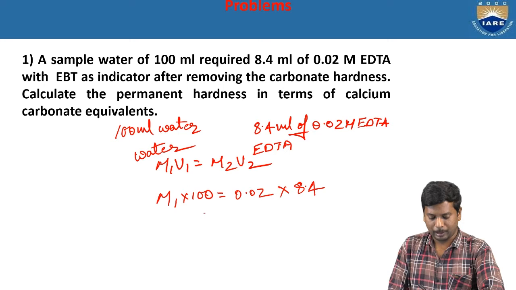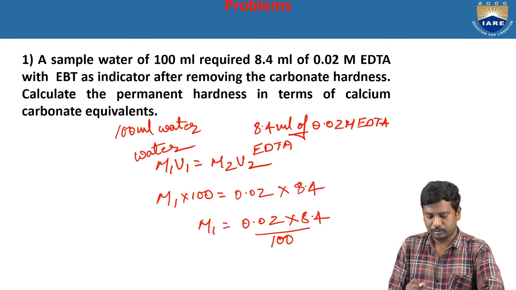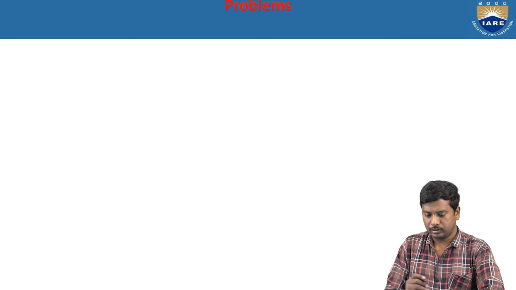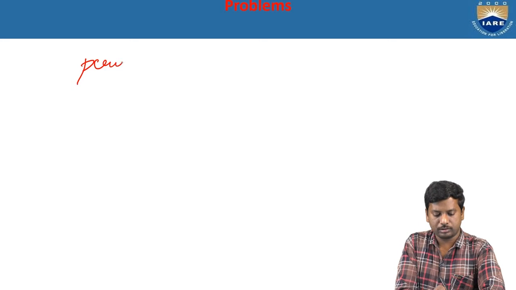So that means M1 is equal to 0.02 into 8.4 divided by 100. We got the molarity nearby 0.00168 molar. Now from the molarity value we can determine the permanent hardness of the water. So that means permanent hardness of water should be equal to